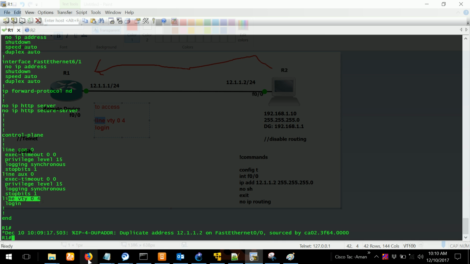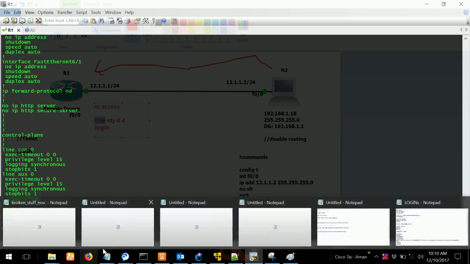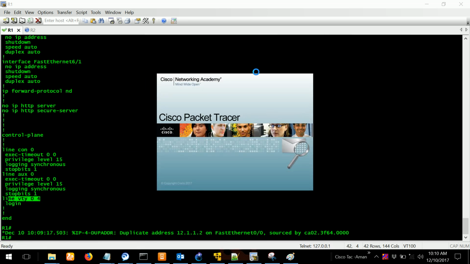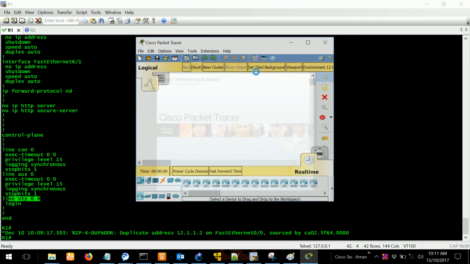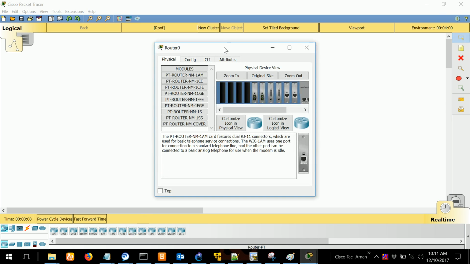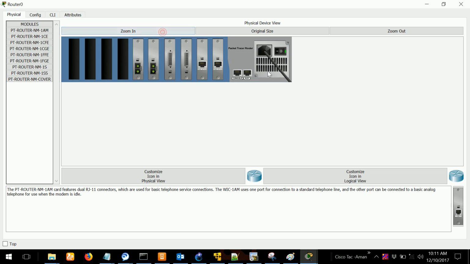So let me just show you some basics. If you see the back, let's take the help of our old friend Packet Tracer. On the back side of router, you have already what is known as a console port and an auxiliary port. Let me show you. Just open physical and zoom in a little. We have a console and aux port, right? Using these two, you can access the CLI.